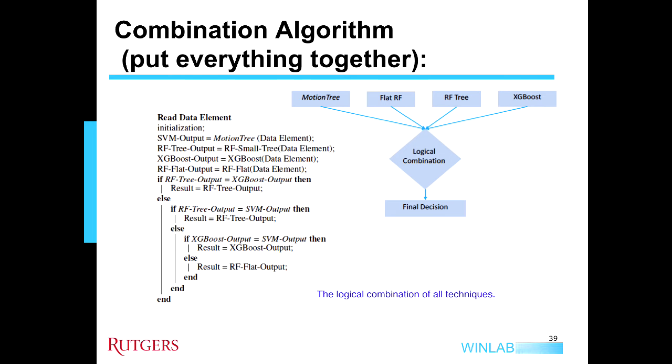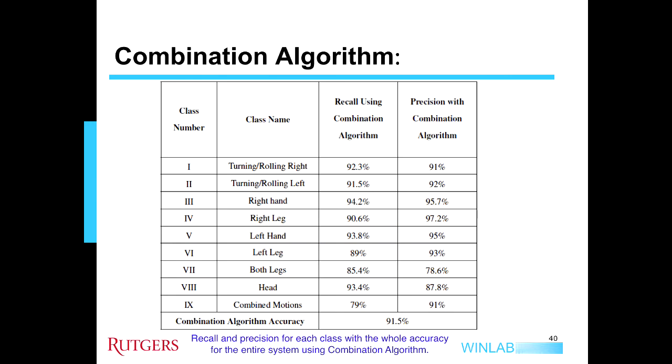We have four techniques here: SVM, the motion tree, the random forest, the small one, and the random forest, the flat, and the XGBoost. So if 1, 2, 3 are similar, or 2 out of them are similar, we'll go with that. If they all are different, we'll take the output from the flat random forest. That improves our accuracy for each class, and we end up with 91.5 as classification accuracy. So every movement can be classified with 91.5 percent accuracy to one of the 9 classes that we